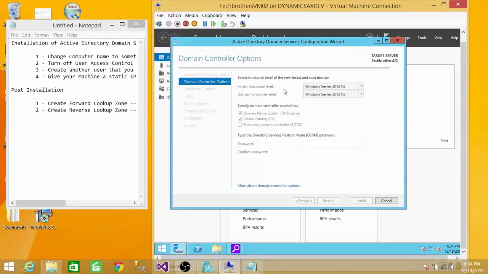The forest functional level, you can choose it from here, whether it's 2008, 2008 R2, 2012, or 2012 R2. We're gonna keep it 2012 R2 since this demo represents the operating system of 2012 R2. So we're gonna go ahead and give the password. Make sure it's strong, and make sure you remember that and put it in a safe place, because if you need to restore your Active Directory or DNS